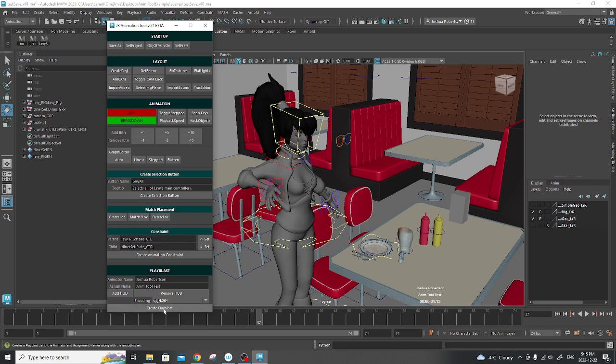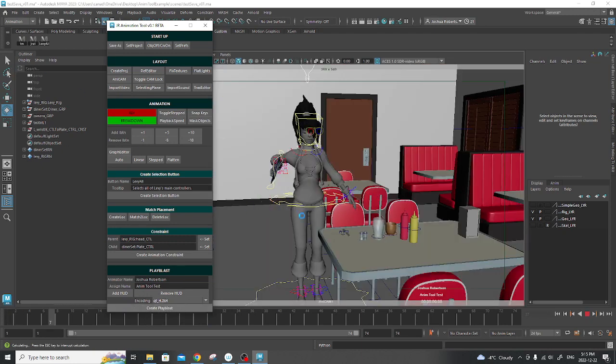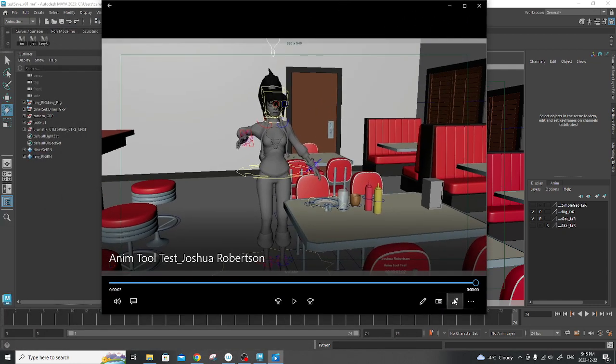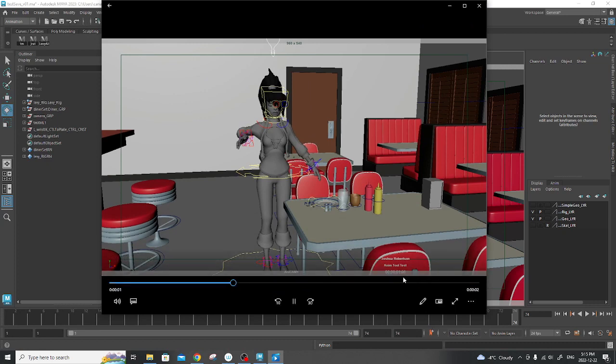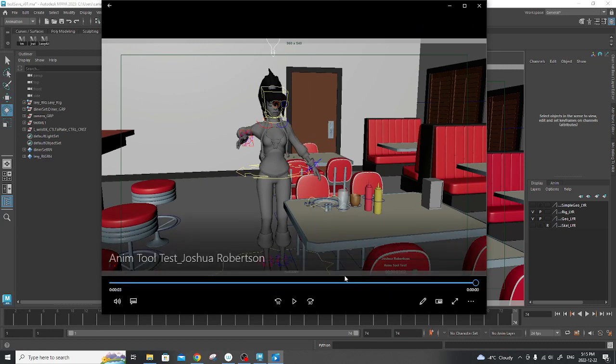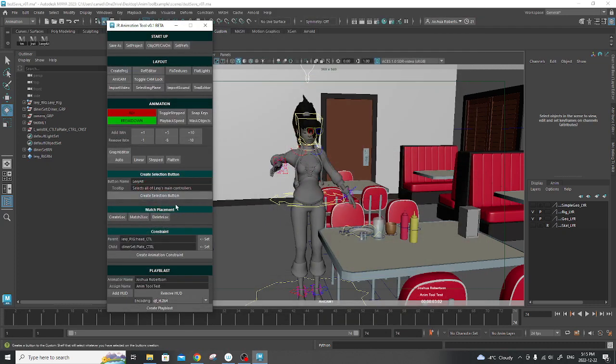And so once you have all that set, if you click on Create Playblast, it's going to automatically switch to the Anicam because that's the camera we're supposed to be animating to, and it will have the time code tick down with everything in here. So this is great in order to open up inside of QuickTime as well, in order to